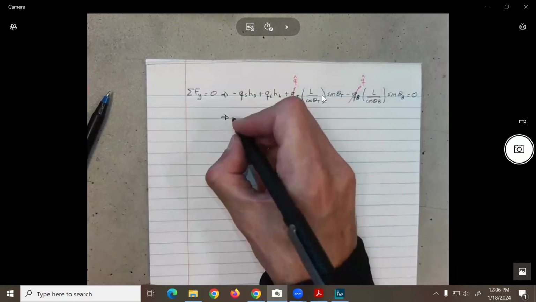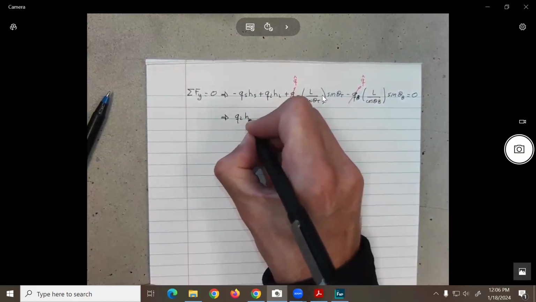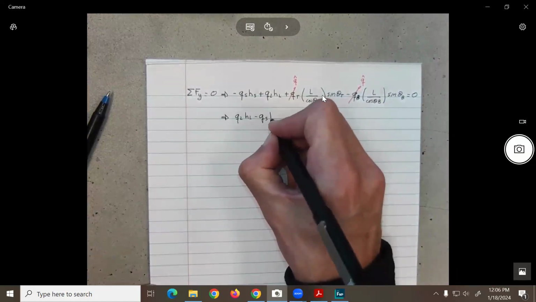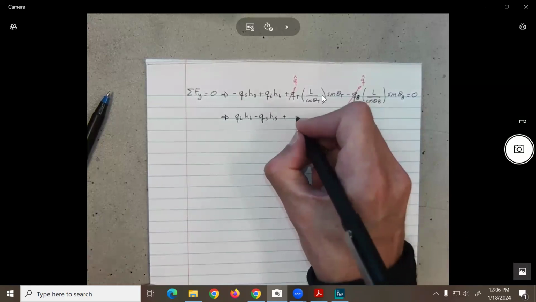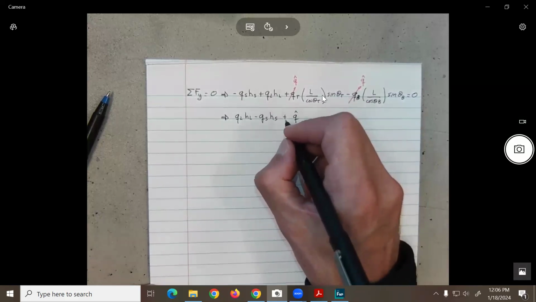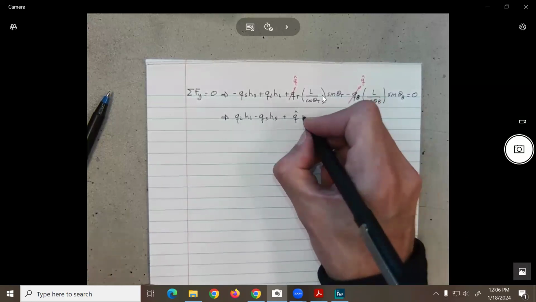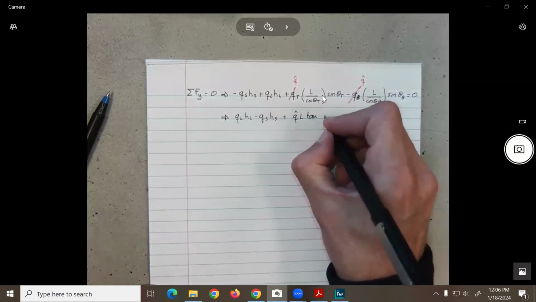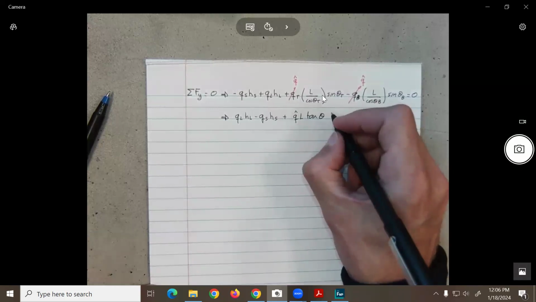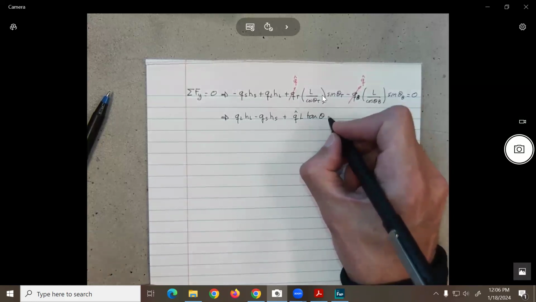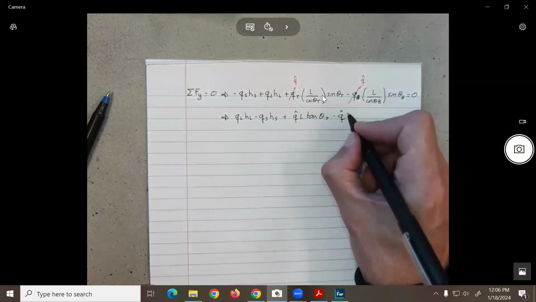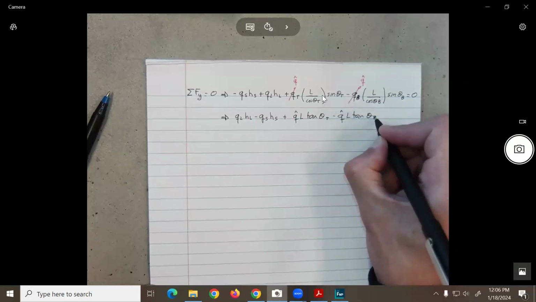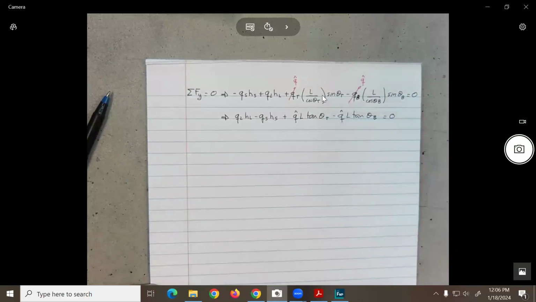So if we simplify, we get Q sub L H sub L minus Q sub S H sub S plus Q hat L tangent theta top minus Q hat L tangent theta bottom equal to 0,